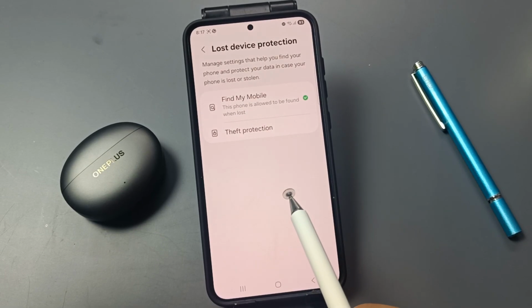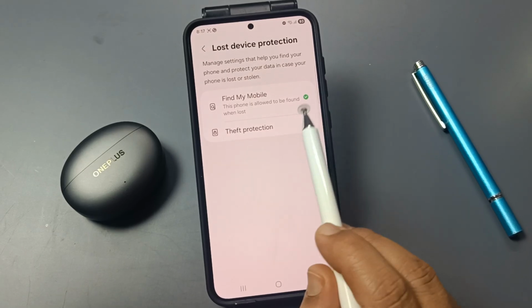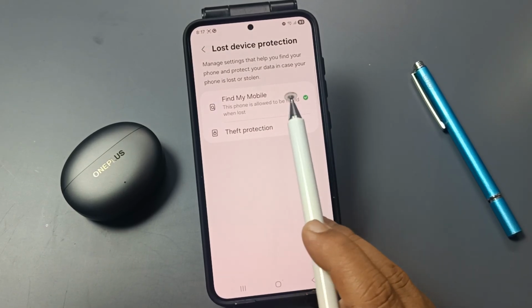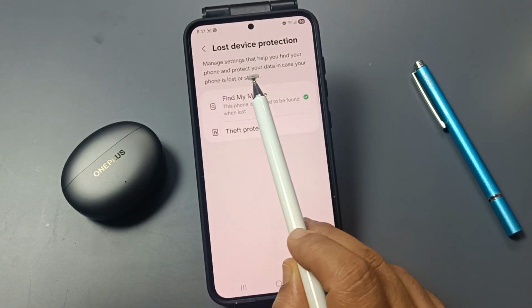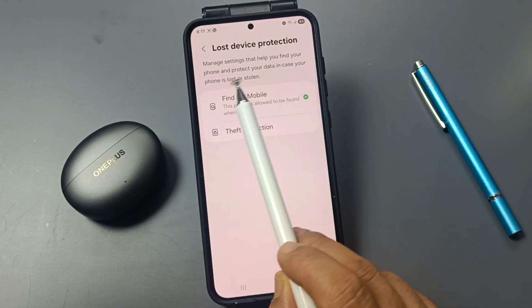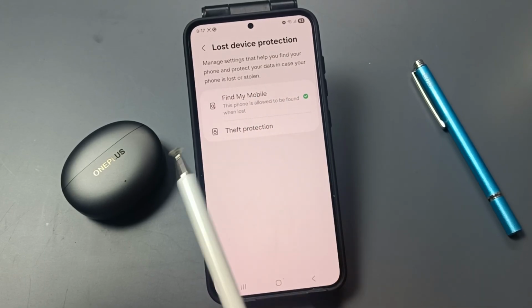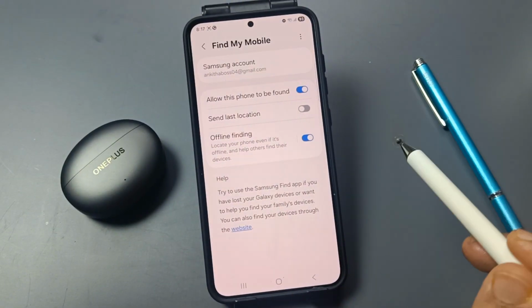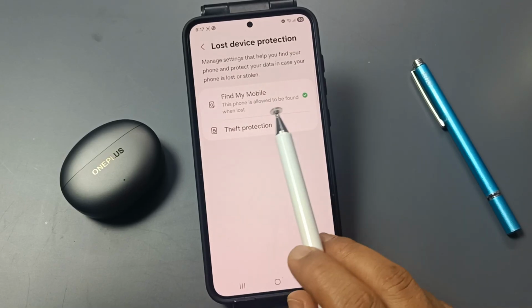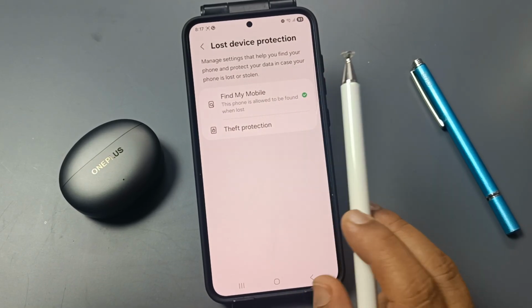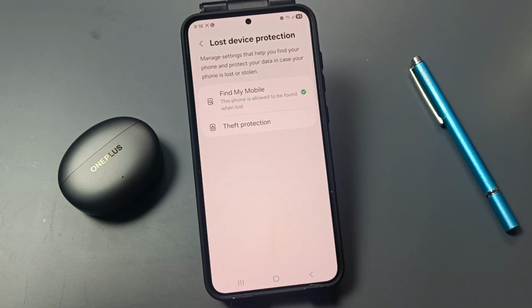Okay, so we need to enable the Find My Mobile. We need to enable this one. You can see manage settings that help you find your phone and protect your data in case your phone is lost or stolen. Okay, so simply in this way we can enable the lost device protection on this device. So if you enable the loss protection on your device, then we can track your phone if it is lost